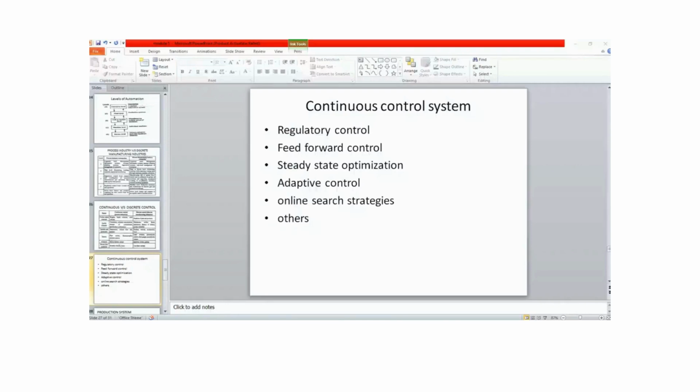The remaining things, steady state optimization, adaptive control system and others, we can search online and discuss in the next class. Today we shall take the